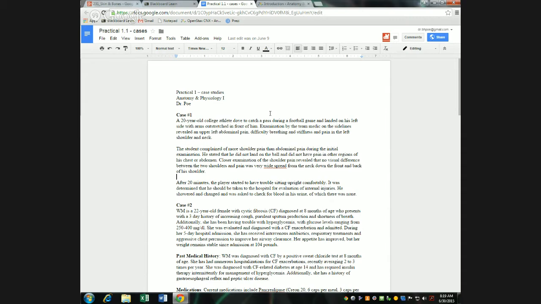Or in case two, the tissue that's affected is epithelial tissue that secretes mucus and that kind of stuff. But I might want to ask you a question about connective tissue or something like that, which would not have to do with the case because it's not a case about a connective tissue disease. Or with cases 3 and 4, which are about broken bones, I might want to ask you about bones that aren't mentioned in the case. Or something like that. So those are questions that are not about the case. And then the third type of question is the more traditional